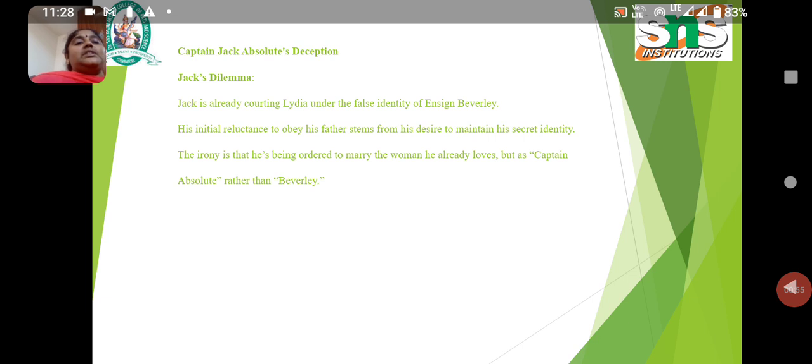Captain Jack Absolute's deception. Jack's dilemma. Jack is already courting Lydia under the false identity of Ensign Beverly. His initial reluctance to obey his father stems from his desire to maintain his secret identity. The irony is that he is being ordered to marry the woman he is already in love with, but as Captain